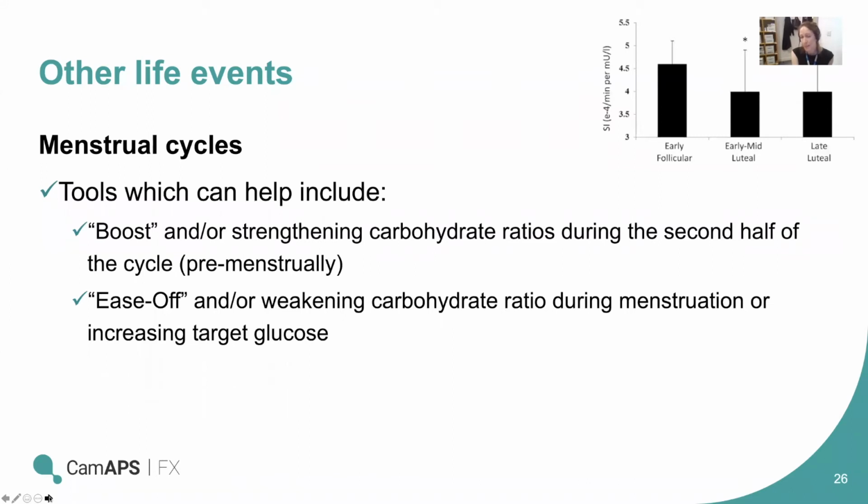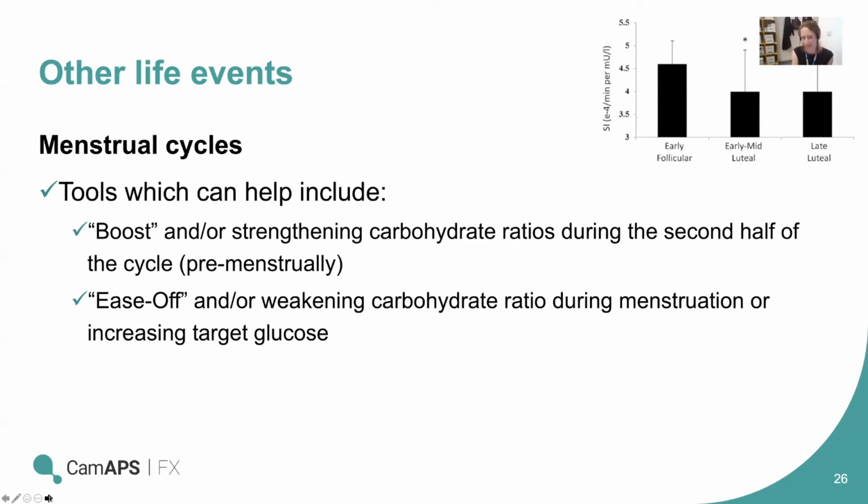And sometimes people also need to strengthen the carbohydrate ratios during the second half of the cycle. So there may be a potential to adjust those manually. And again, it's something that you can look at and see on an individual level. Some people may find that they just don't need to, and that closed loop will automatically increase the basal